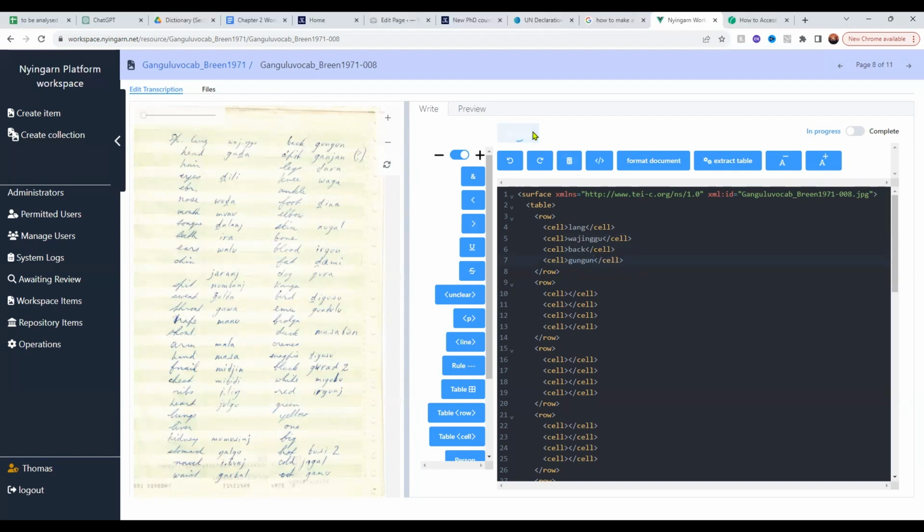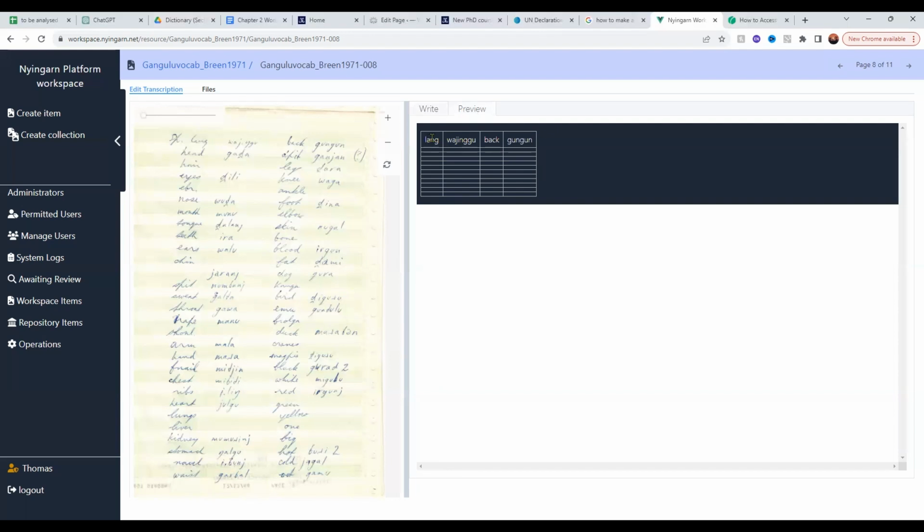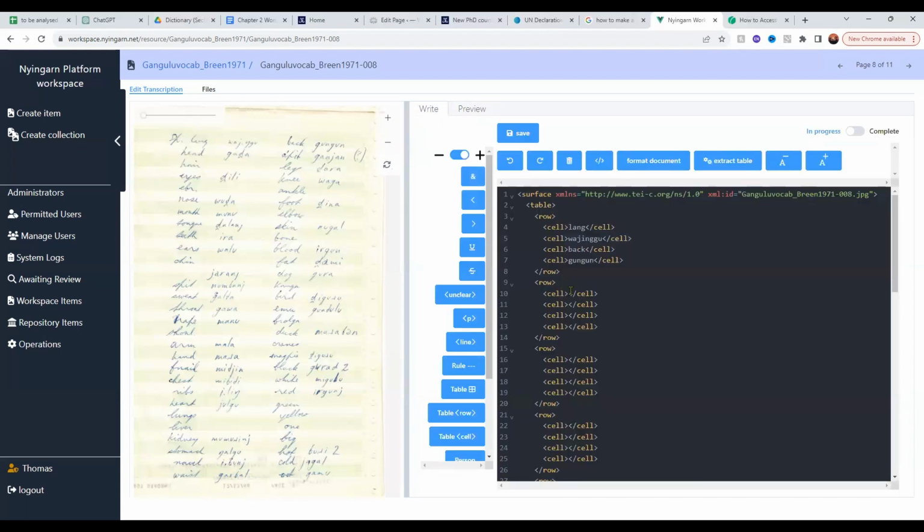Cool. We press save, get a preview, and there you go. We've started to get the words in. We'll do one more row so you can see what it looks like. Get back to the right. And in the cells here, we want to put in head. Next one down, Da,